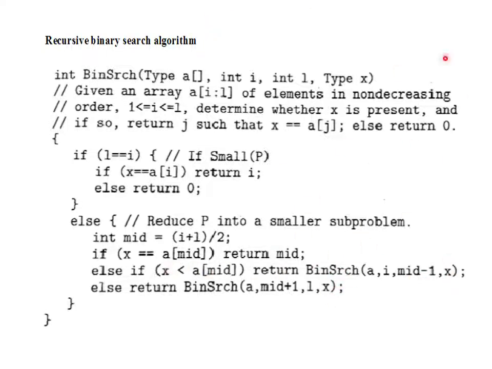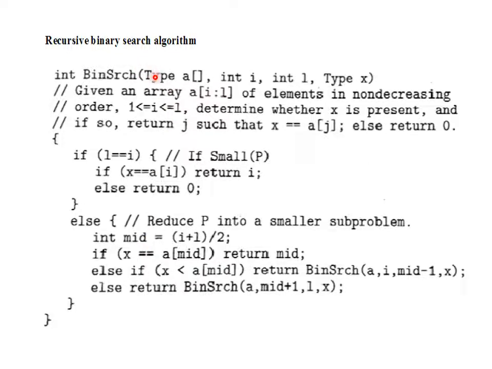If this condition is true, we are calling the function again and again with different parameters. The first time we call, these are the formal parameters, and mid is the local parameter. So it will create an activation record for the first time it is called, and store all the formal parameter values: the array is the same, the i and l values are 1 and 8, x is the same, and mid initially may contain some garbage value, then after calculating it will contain the value 4. So all these values are stored in the activation record.